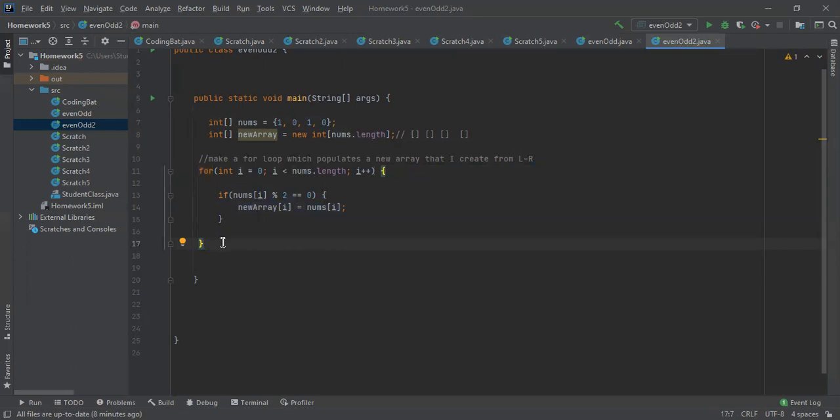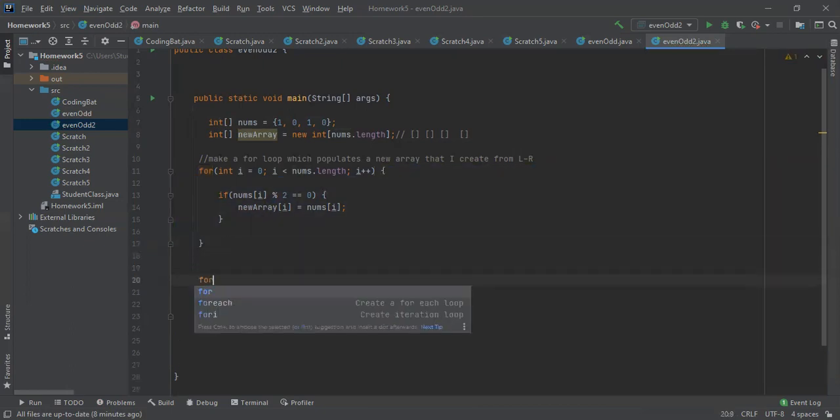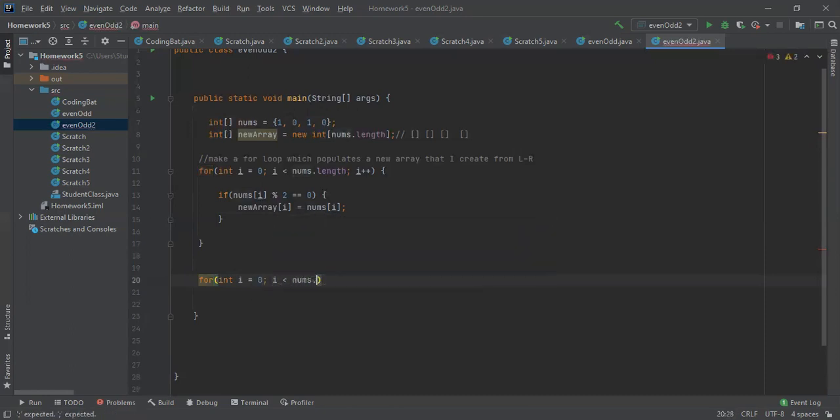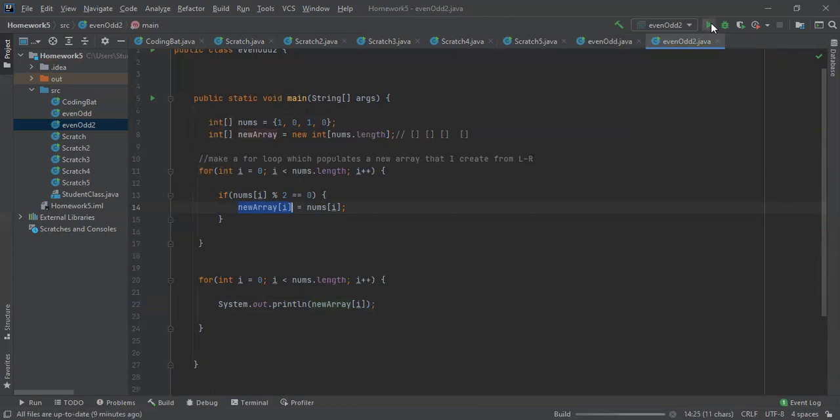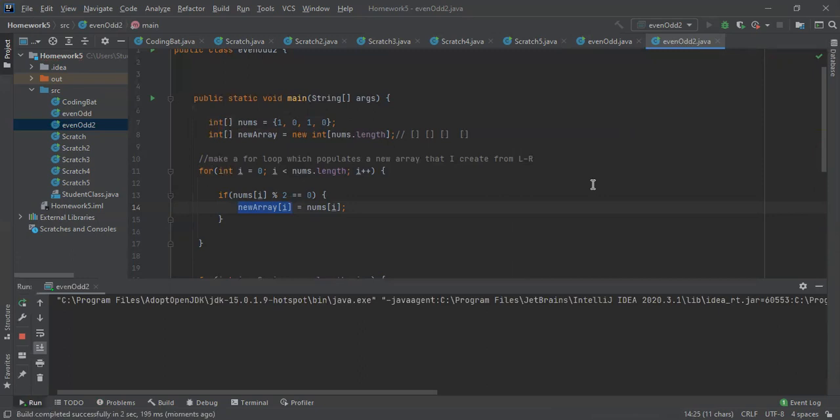So what could be the problem? There is a very important problem here, which I'm going to highlight by actually printing out the contents of new array. You'd expect after this for loop iterates that new array is only populated with even numbers. But on second thought,